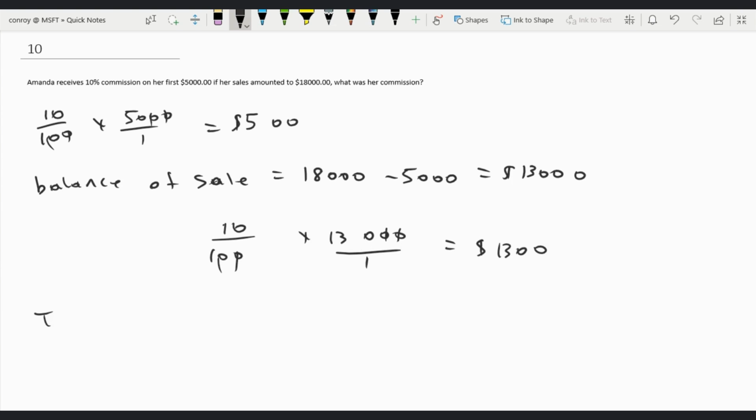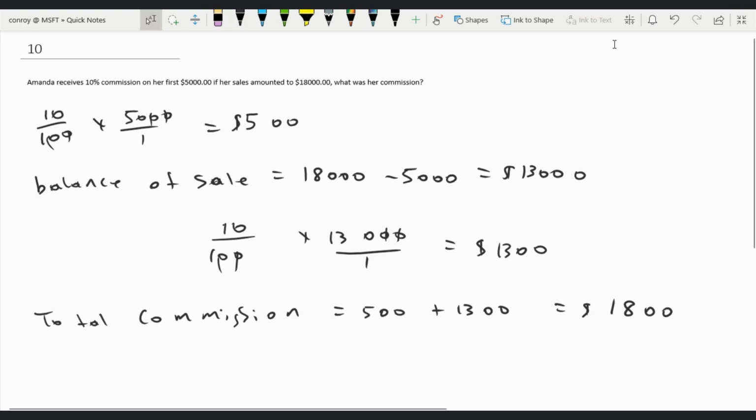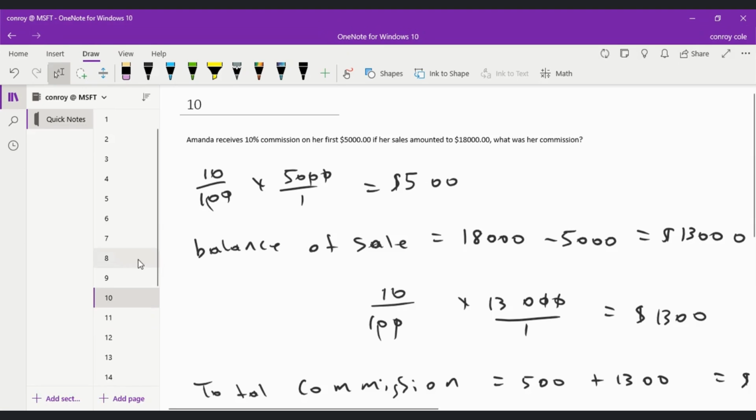The total is $500 plus 1,300, that will be equal to